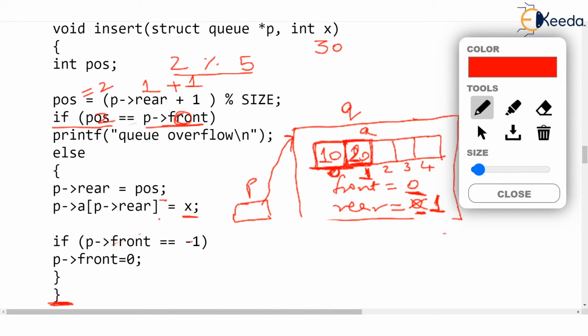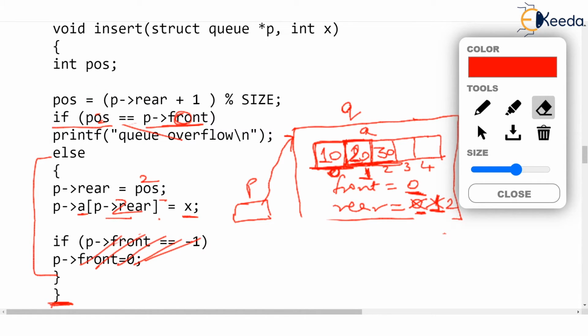So it is not yet overflown and will land in else, in which we will say rear should become equal to 2. This is the position of insertion, isn't it? So rear which was 1 will now become 2. And the second element of the array, A of 2, will become 30. And this is not the first insertion, so this if will be false and the insert will end.